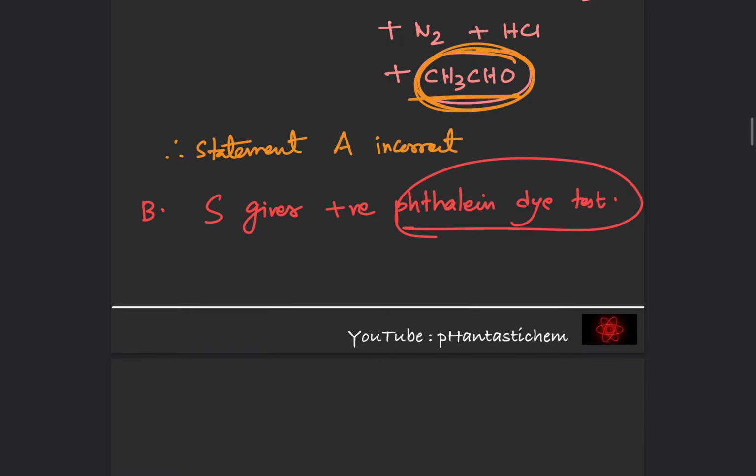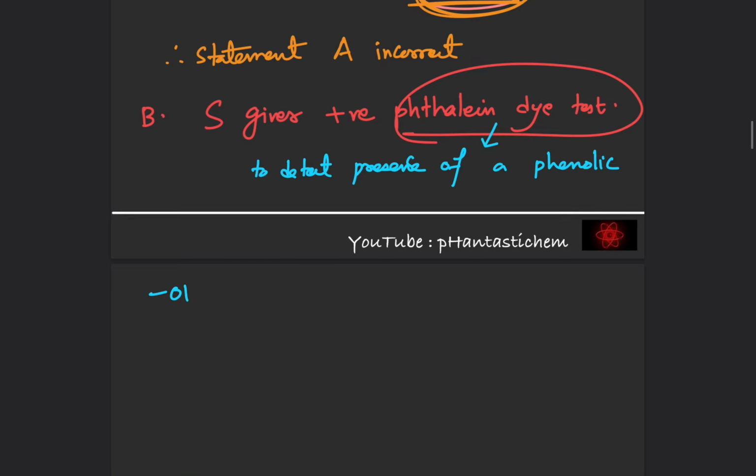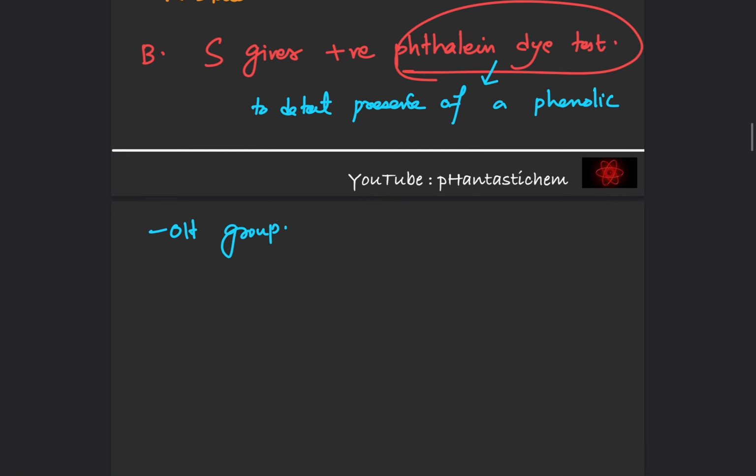Phthalein dye test is an organic test to detect the presence of a phenolic OH group. Okay, this is used to detect presence of a phenolic OH group. Okay, so in this test, the organic compound containing a phenolic OH, okay, so that organic compound reacts